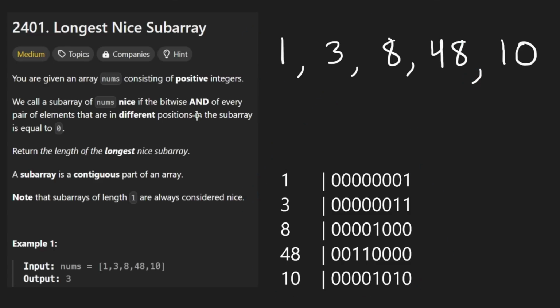But anyways, let's first read the problem, which is we're given these integers. We want to find the longest nice subarray that we can. And that's going to be a contiguous subarray. We want to return the length of it once we have determined what that nice subarray is, the longest one. And we're going to do this by being given some positive integers. A nice subarray is going to be defined as one